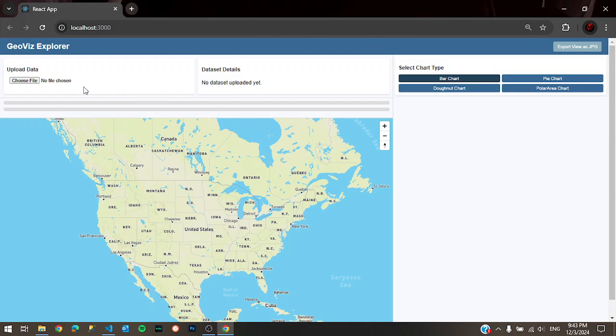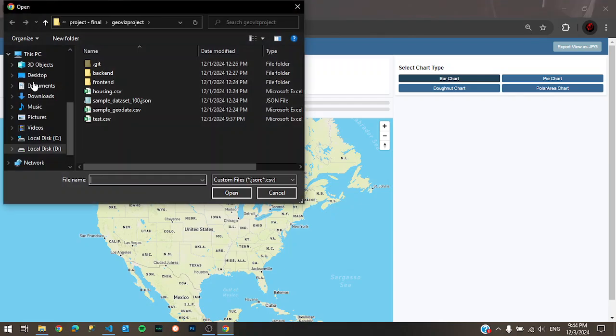So if the user wants to upload or visualize their data, you'll have to click on choose file, and they will be able to choose one of these files or any dataset that they have. Our project accepts CSV and JSON files. We do have some sample data here for testing. So I'm going to test the first sample geodata,